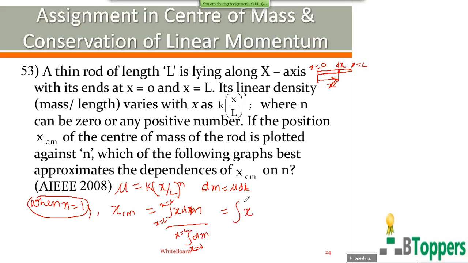So x into nu dx, nu you can write as k into (x by L) power n. dm is the mass of a small element of the rod with infinitesimally small length dx, equal to mass per unit length into length dx. Mass per unit length you can write k into (x by L) whole power n. So that is integral of x into k into (x by L) whole power n dx from 0 to L, divided by integral dm, means integral of k into (x by L) power n dx